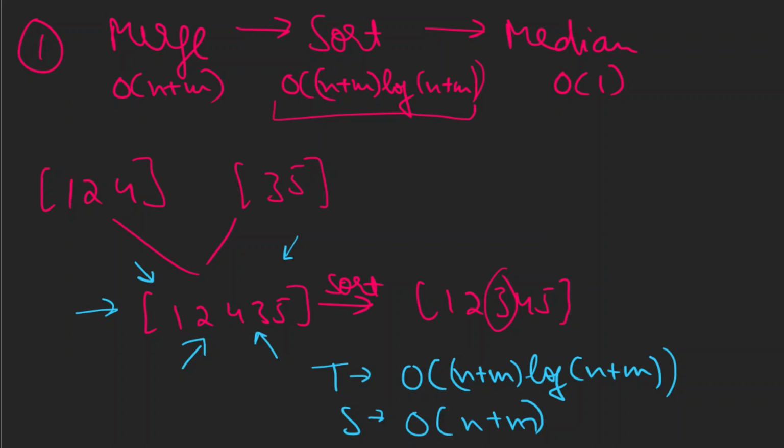Okay, so this is the time complexity for the first approach, in which we merge it, then we sort it, and then we find the median. So there's another approach which is a slight optimization over the previous one, and that approach is to merge the elements